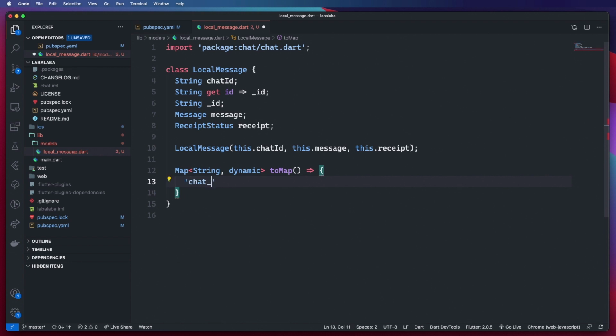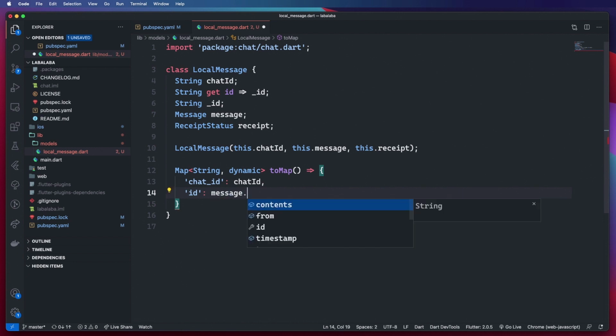So I'll say chat ID, that will equal the chat ID, the ID of the message itself will be equal to the ID from the chat module message,